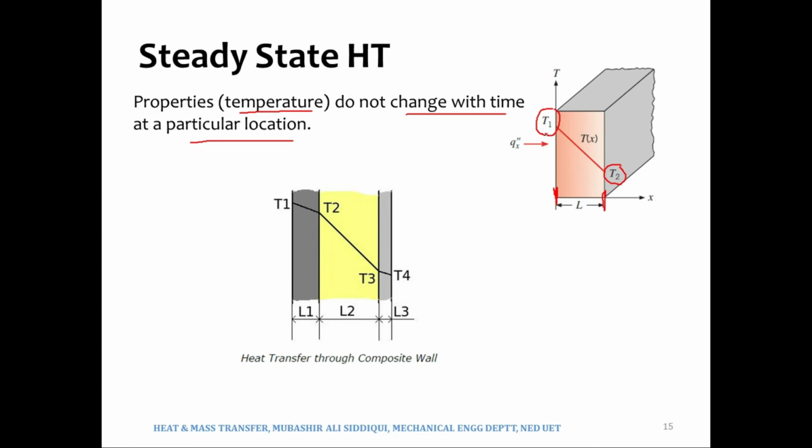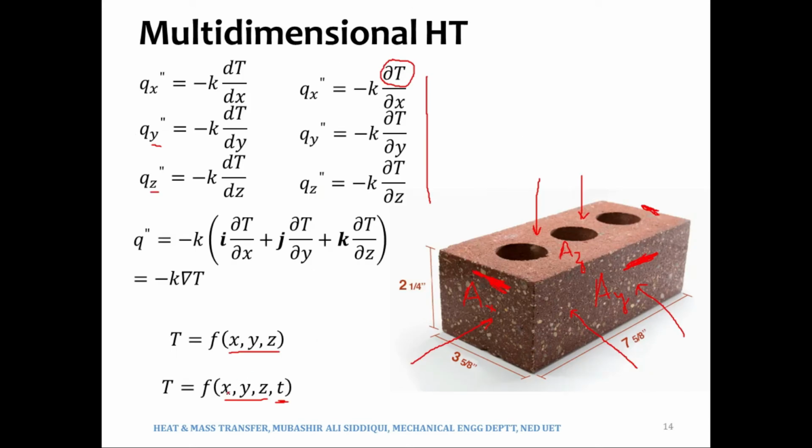And if T1 at this instant is 100 and after 1 hour it becomes 90, then it would not be the case of steady heat transfer. We call it non-steady or transient heat transfer. Meaning the temperature would start varying with time at a particular location. So we may come across, and we will come across, those situations where T would be varying in x, y and z, and along with this variation in space, there would be variation in time.